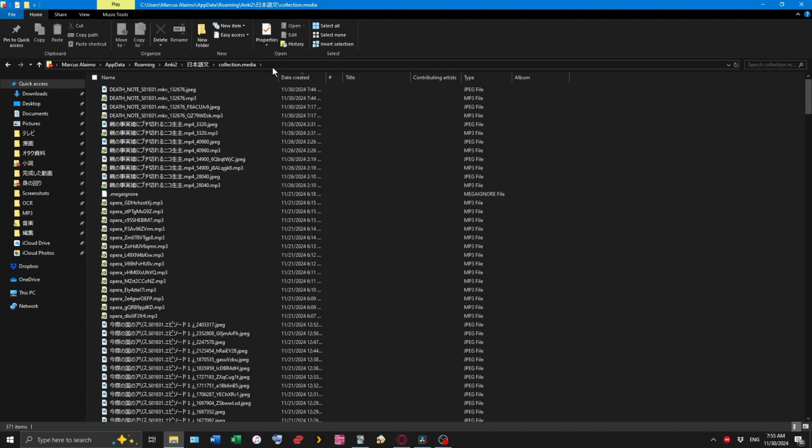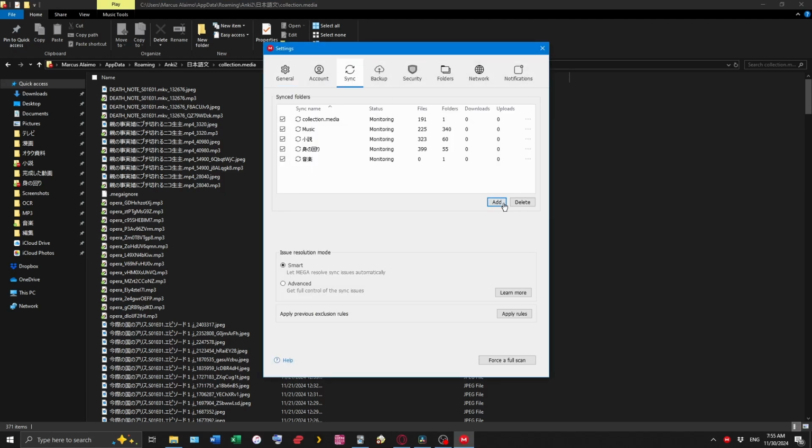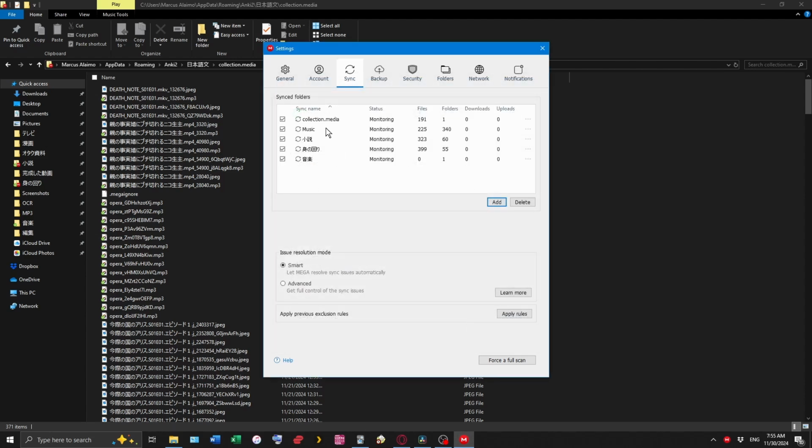And once you have the location, you can open up the settings again, sync, add, choose this location, and just create a new folder here. I already have mine set up, so I'm not going to do that. As you can see, it's called collection.media. So yours should look like this when you're done. Now what we just did is we set up a link between where our audio and JPEG files for our Anki cards are saved and our phone. So essentially we can access those same files from our phone,